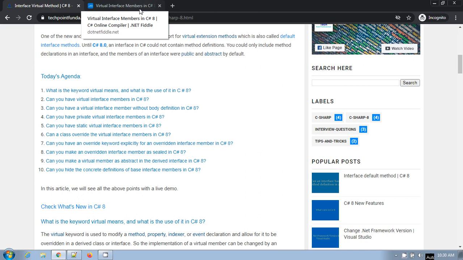So if you are making any overridden definition abstract, then the inheriting class which inherits this derived interface must provide the definition for that abstract overridden method. Let's quickly see this example.